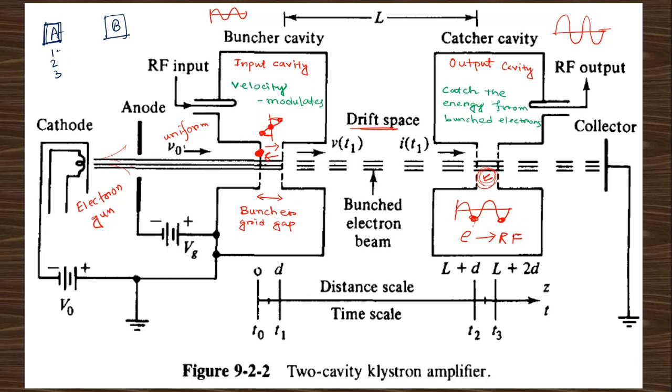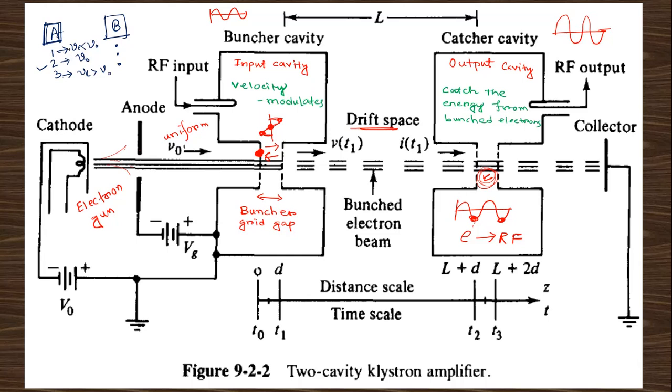This is the early electron, ejected with some speed. This is, say, the reference electron, and this is the late electron. So if the reference electron speed is v0, then the early electron speed will be less than v0 if it wants to reach at the same time as the other 2 persons, okay. And the velocity of the later electron must be greater than v0. Clear? So the speed of this middle one, the reference, is v0.